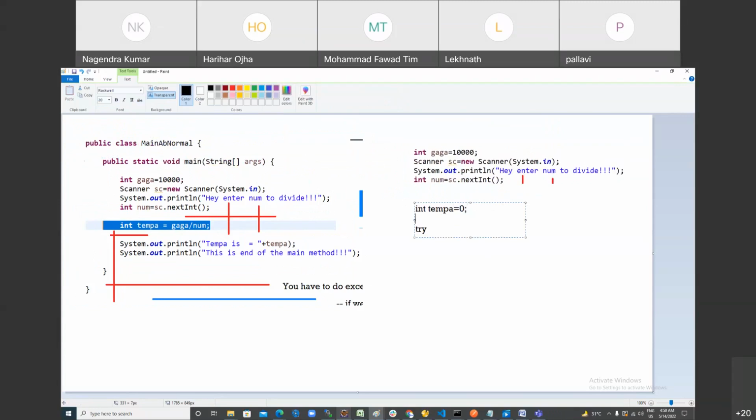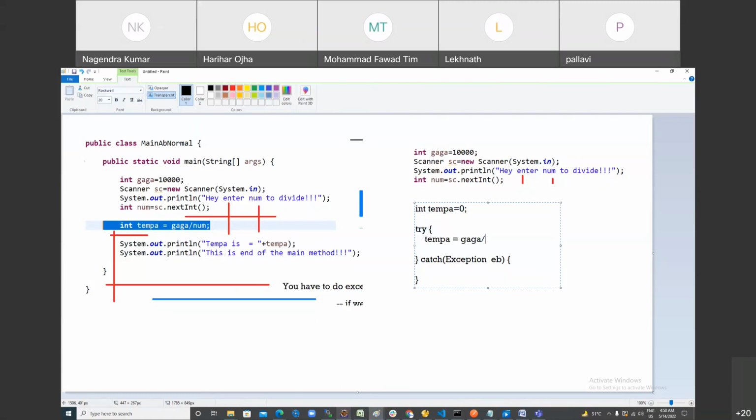Then you have to use the try keyword. Try, curly bracket open and close, is called a block. And then after this curly bracket, you can use catch and parenthesis, curly bracket open and close. And here you can use the exception class. This is the syntax, and here you can write anything: e, eb, whatever you like. This is called the try block, and this is called the catch block. Make sense? So the statement which can give you the exception, you have to write inside